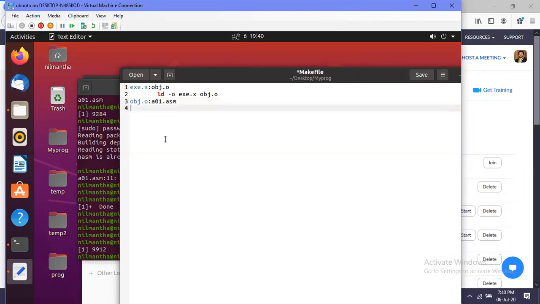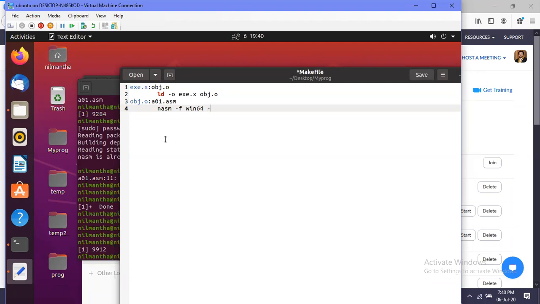After that, press a tab, then the previous command like before. What was the previous command? nasm. Then you give the format. If it is 64-bit Windows, give 64 as the operating system format. Otherwise, give 32.